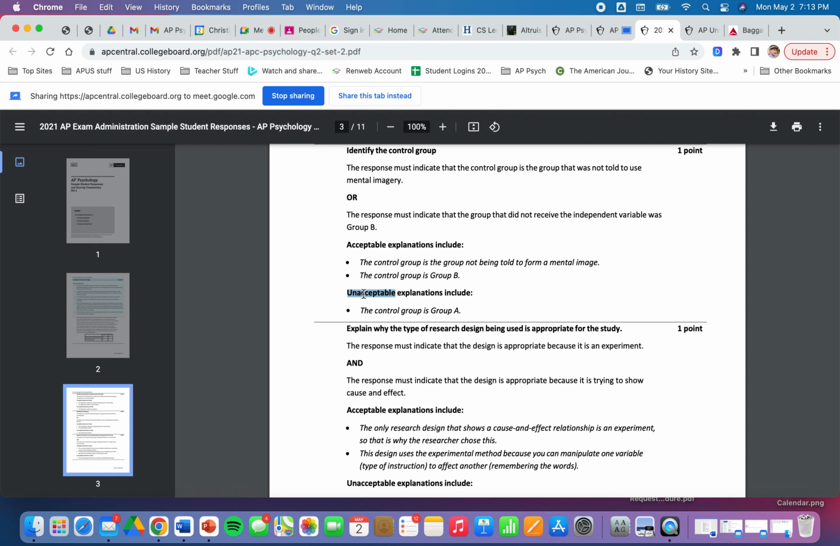The example research design that shows a cause and effect relationship is an experiment. So that is why the researcher chose this. If you mention something about cause and effect relationship, because again, remember, if you're making a correlation study, if you're studying something in an experiment,